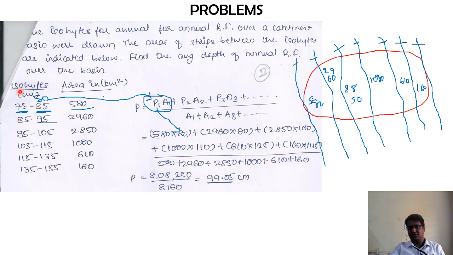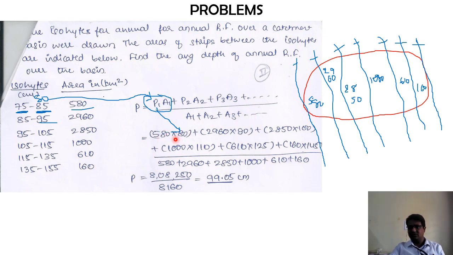Whenever they give you data in terms of these columns, it is better to convert it into a graphical representation, and then go for the solution of these problems. Keeping that in mind, this p bar is p1 plus a1, p2 plus a2, p3 plus a3, and so on up till the end, divided by the whole area.